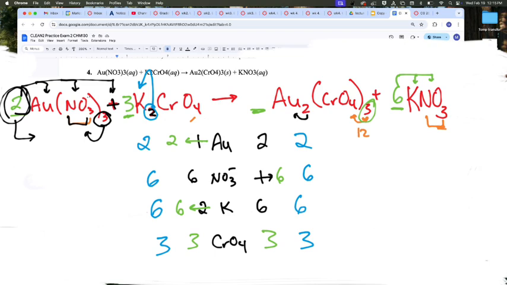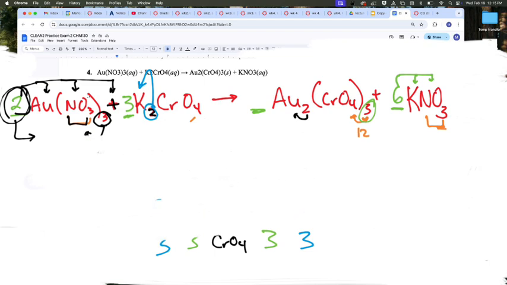Eden, better or worse? That's absolutely fine. You have to follow a very methodical process for looking at each of those elements and counting those numbers out. Okay? And again, if you're struggling with this kind of balancing system, what I would recommend, okay, it's going to take up a massive amount of space here, but I'm going to try and pull it off, is that you go through for each of these